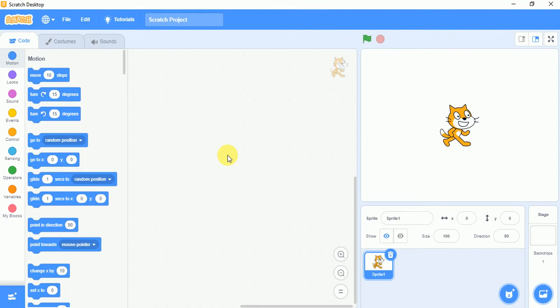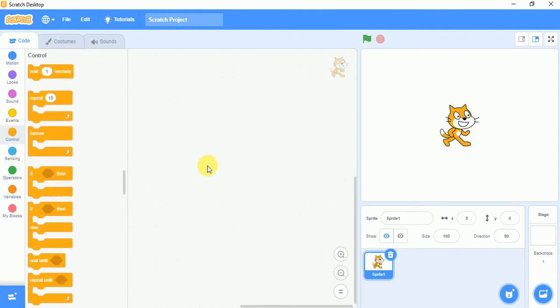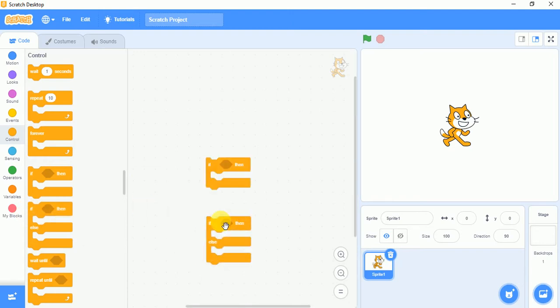That sequence or that condition is called what? It's called if or if else. If or if else means that if something happens, do this, or if this happens, do this. So we'll create